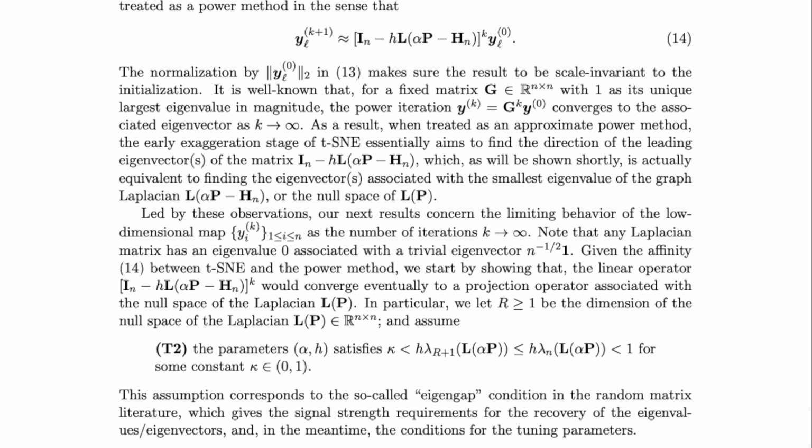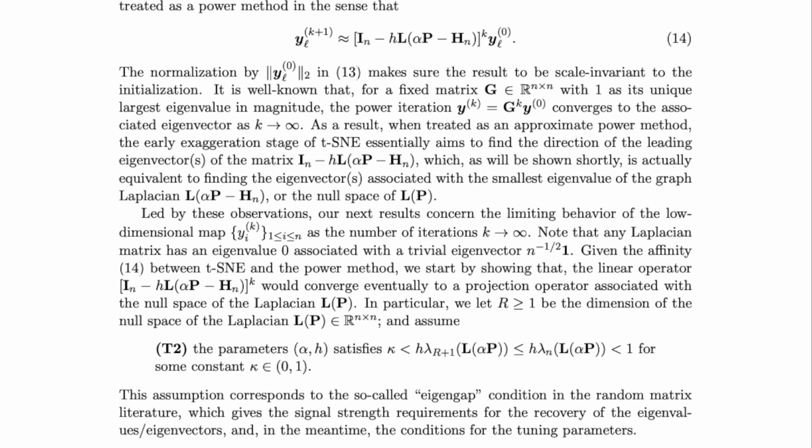Led by these observations, our next results concern the limiting behavior of the low-dimensional map y_i^(k), 1 ≤ i ≤ n, as the number of iterations k of t-SNE grows. Note that any Laplacian matrix has an eigenvalue 0 associated with a trivial eigenvector 1_n. Given the affinity between t-SNE and the power method, we start by showing that the linear operator